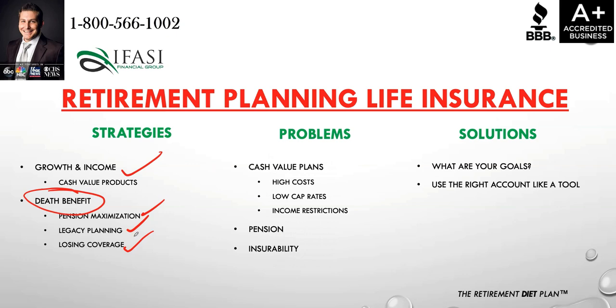Each situation is different. But for the individuals that do have importance of a death benefit, there are some really neat strategies you could do, or for individuals that are just trying to grow their accounts and just leverage the tax benefits of cash value products, how can they leverage these sorts of strategies successfully? So to make sure that we're going in a linear sequence, first for the individual that's younger, that wants to grow their monies, grow their cash value, and then eventually take income from it. What do I mean by that? And you're going to see this little bullet point as cash value products.